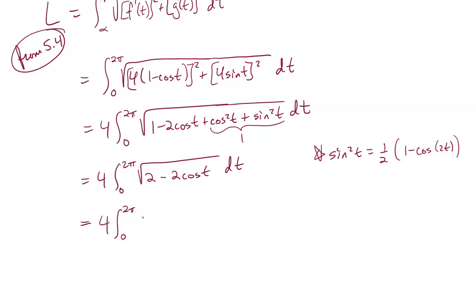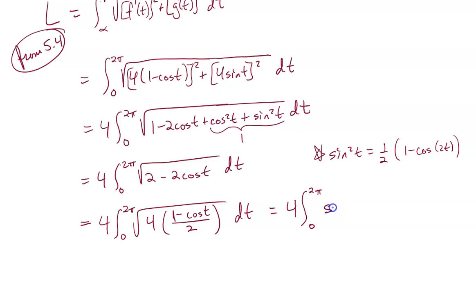Okay, so think of it as the square root of 4 times 1 minus cosine t over 2 dt. Okay, and then using our half angle identity, this is 4 times the integral from 0 to 2 pi